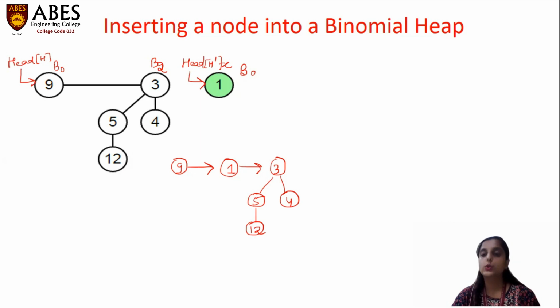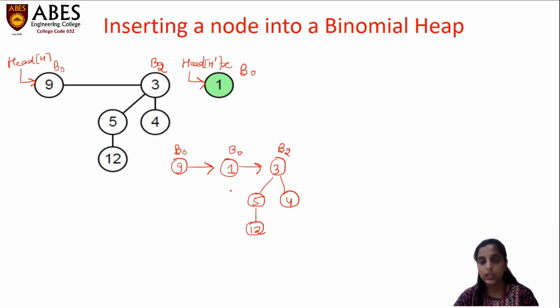have studied that no two binomial trees should be of the same degree in binomial heap. But here we can see this particular binomial tree is of the order B0, this one is also of the order B0, and this one is having order B2. So two trees are of the same degree. So to resolve this violation, we have to look up to those 4 cases which I have already discussed in